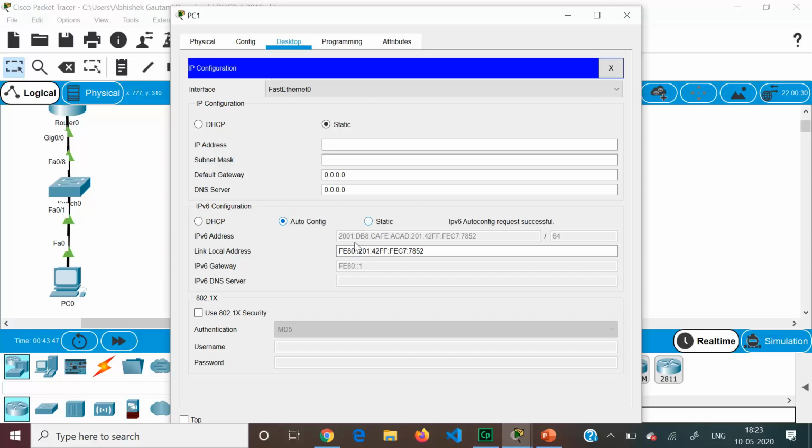So you see 2001:DB8:CAFE:ACAD, this prefix was extracted, and for the remaining part it took the MAC address and applied the EUI-64 process, in which it inserted FFFE in the center of the MAC address, flipped the 7th bit and appended the prefix. If instead of this prefix it appends FE80, it will become the link-local address.